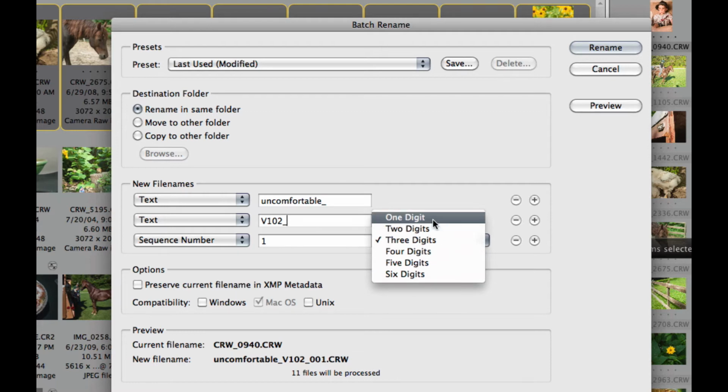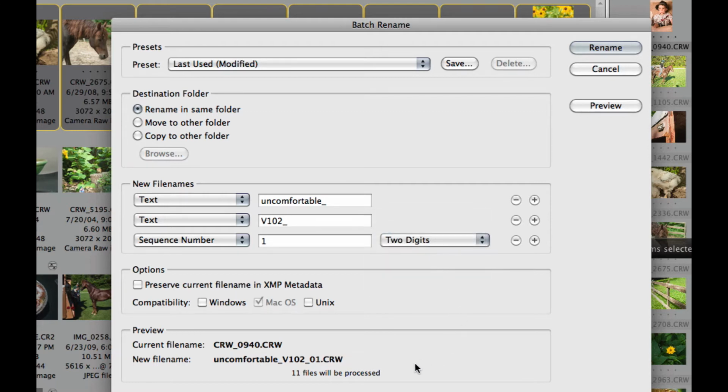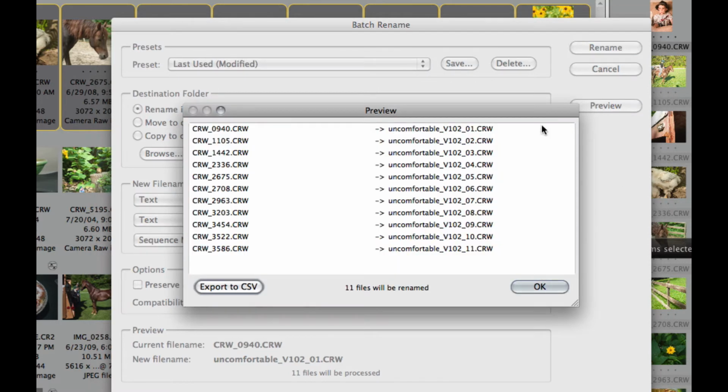We only need say 2 digits for this one, and we'll see. It's going to be uncomfortable underscore V102 underscore 01.crw, and we're saving it right back into the same folder. And if we want to see what's going to happen, we can click this little preview button, and we'll see that